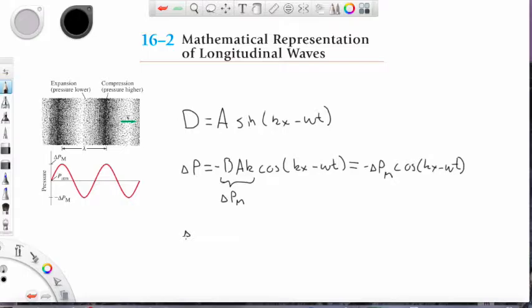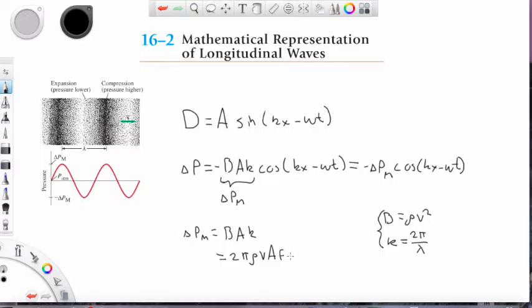Let's have a closer look at the pressure amplitude. So it is B times A times K, and we can develop it further by using the following identities. The bulk modulus can be expressed as density times the velocity squared, and k, as we know, is the wave number, 2 pi divided by wavelength lambda. By using these, we get 2 pi times rho times v times A, which is the amplitude of the particle movement,